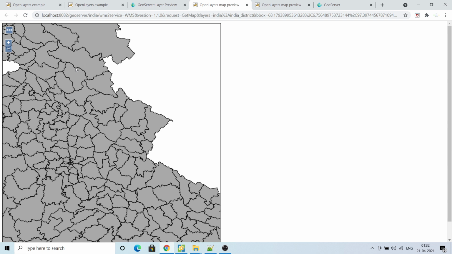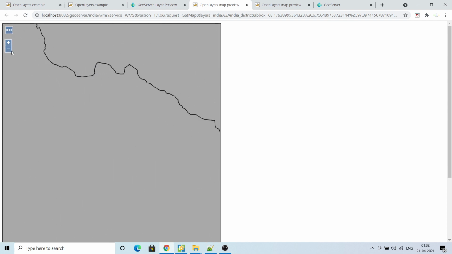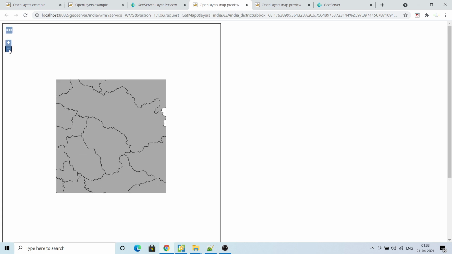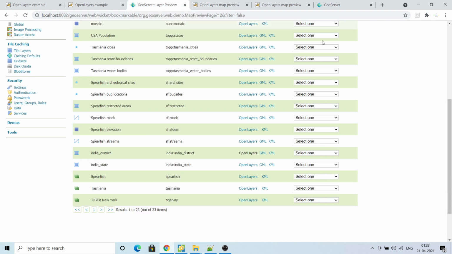Suppose you want to publish raster data: the actual raster data would take a huge amount of memory or resources, so it shows you tile by tile small JPEG and PNG files. It is the same for vector data. As you zoom in, you can see it is only images, JPEG or PNG. So this is the web map service.